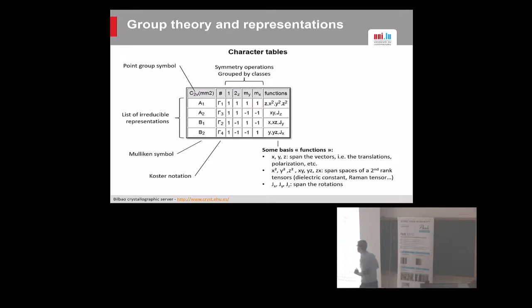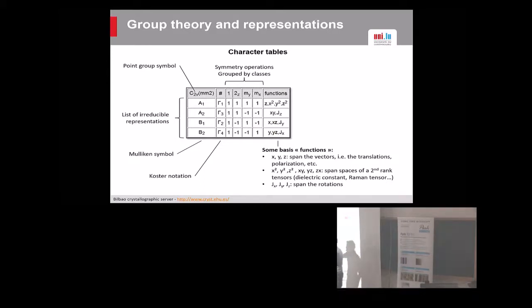But you can call them functions if you wish. So in practice you see that there are some of them that you always find, so x, y, z here. So this would be the basis to describe any kind of vector property, so that includes polarization, that includes displacements, that includes all these things. Typically you also have the second order polynomial, okay, that you might use to describe second order tensors, for example,